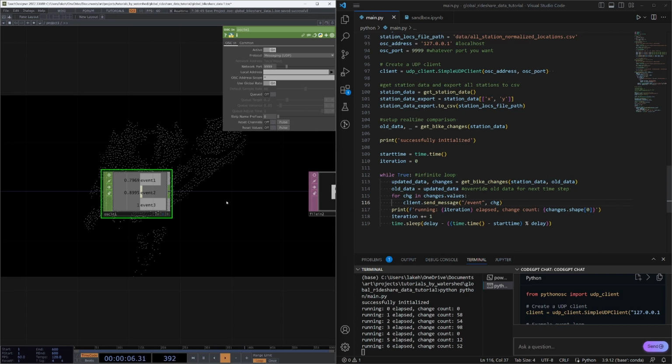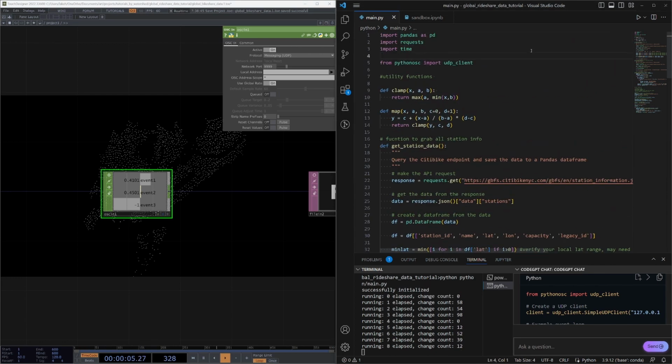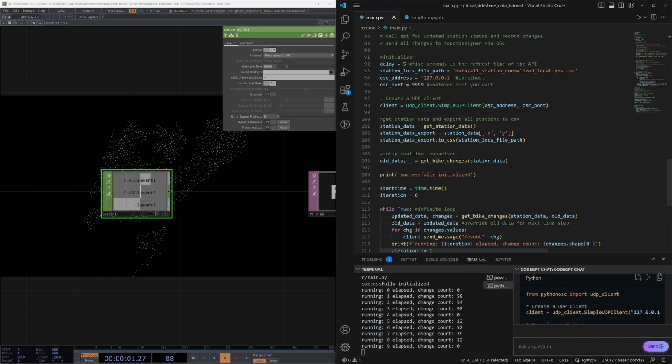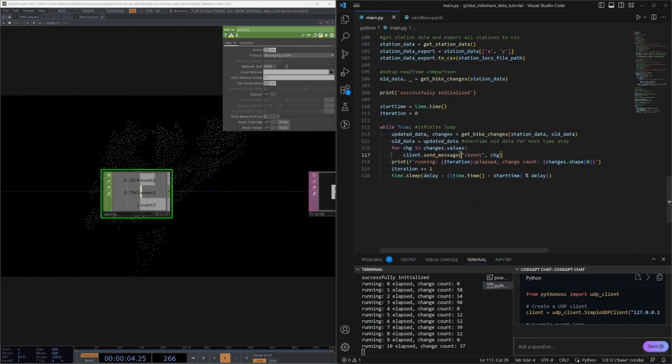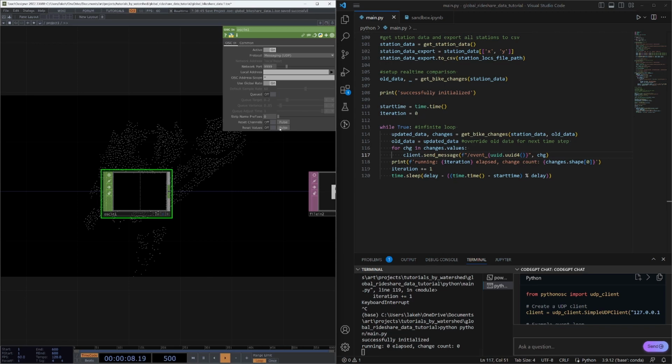So one way that we can get around this is by adding unique channel names to each of the event channels. So for that, I will import another native Python library, UUID, and we will use this in our message to simply have a UUID, which you can get with uuid.uuid4, and we'll just have a unique identifier appended to each message. So now, if I restart my program and restart my OSC here,